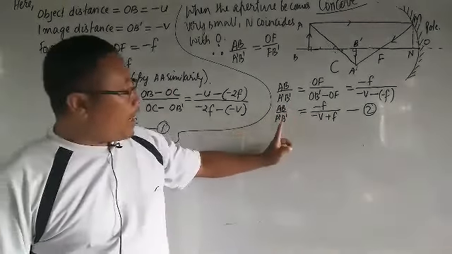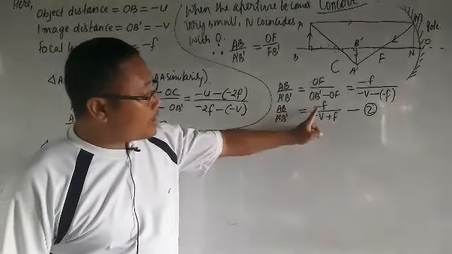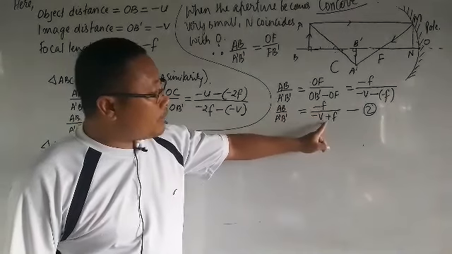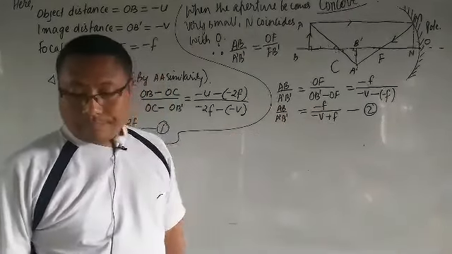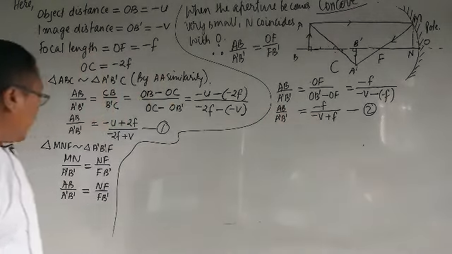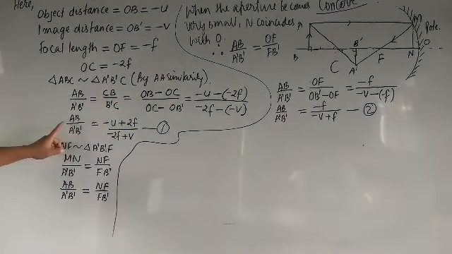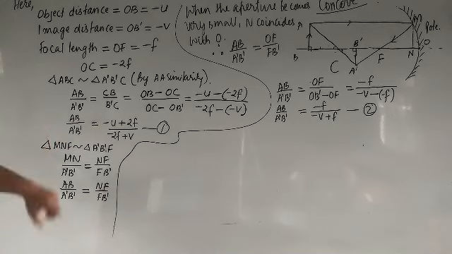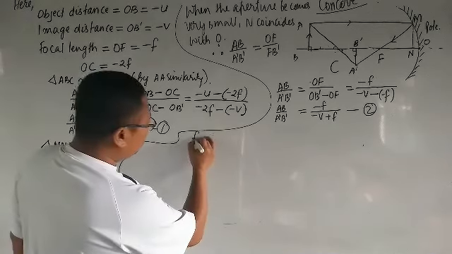So A'B'/AB equals minus F by minus V plus F. Then let's look at equation 1 and 2. If you look at equation 1 and 2, the left hand sides are the same, so the right hand side should also be the same. So from equation 1 and 2,